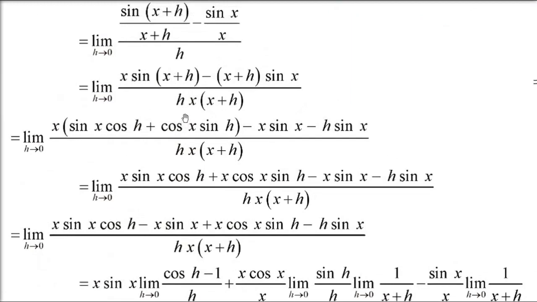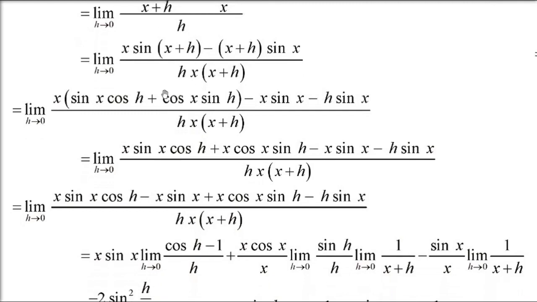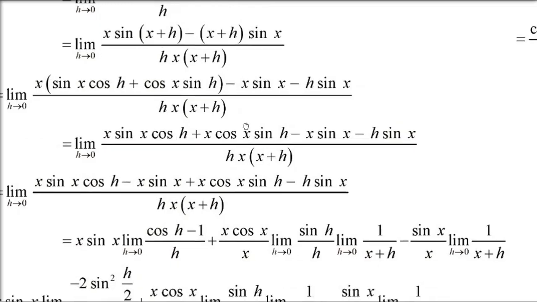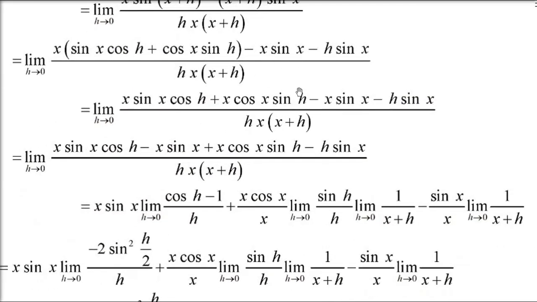Now what do you see here? First of all, sin(x plus h) is already there, so we open it, we apply sin(a plus b), so sin a cos b plus cos a sin b, and multiply by x. So first, solve it whichever way is possible. Now, is there something we can take common? Yes. x sin x cos h and minus x sin x. We can take x sin x common from here. And what do you get inside? (cos h minus 1) by h. Right? Now you know how to do this.